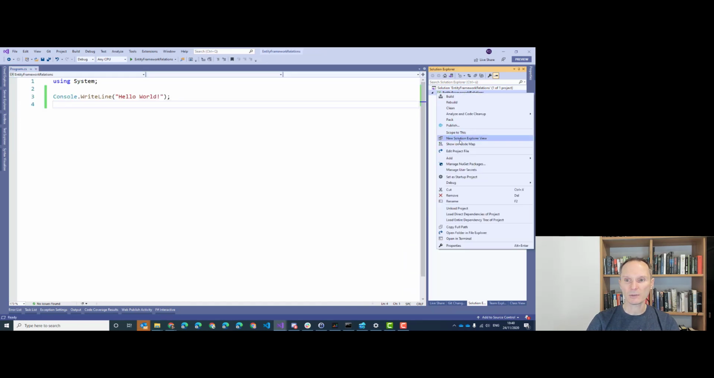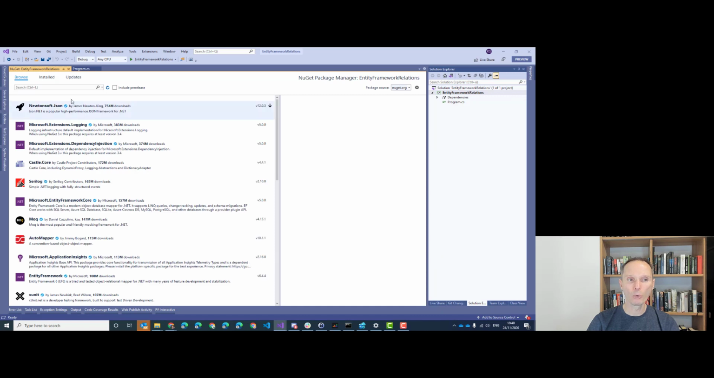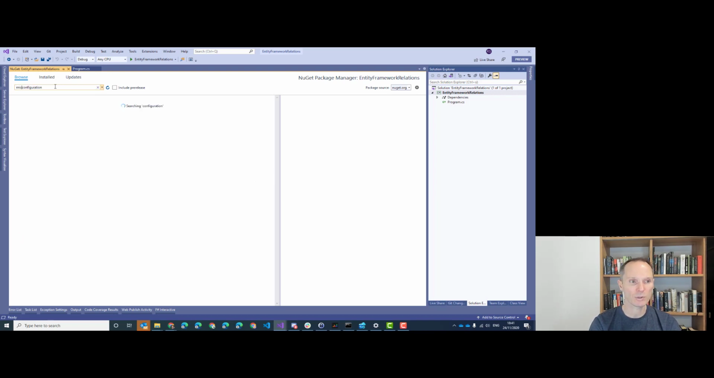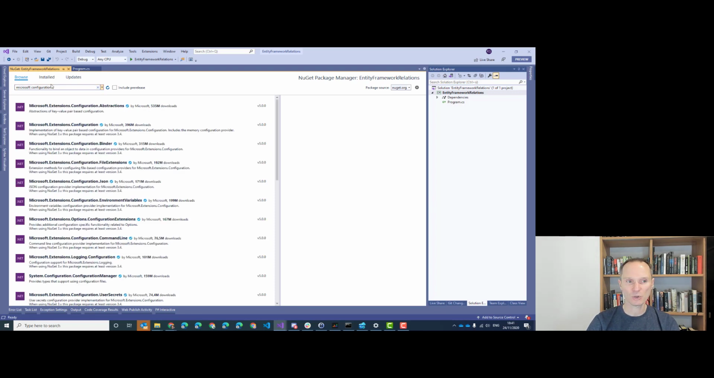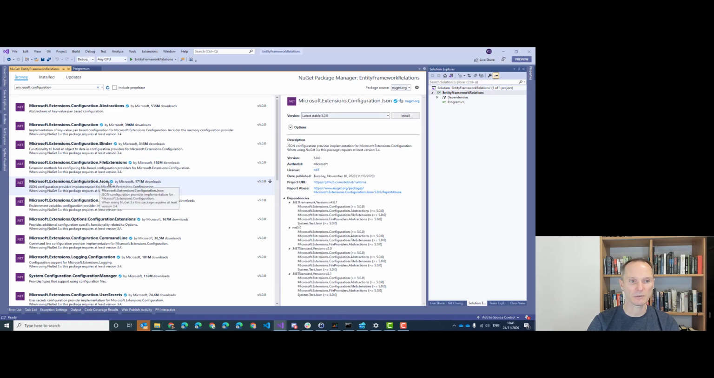Additionally, we will add two NuGet packages, which we only need now because we are not yet in ASP.NET. We are in a console app, and if we want to add reading of the connection string from app settings JSON, we need to add another NuGet package. It's called configuration, and you can also add Microsoft up front, and then you will see Microsoft.Extensions.Configuration, and in our case we are going to use a JSON app settings file. So this is the third NuGet package